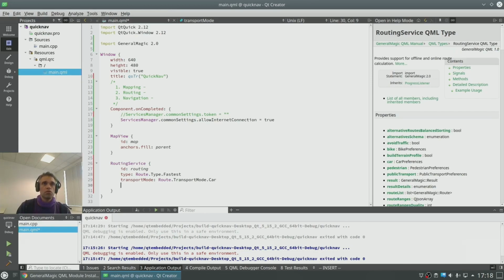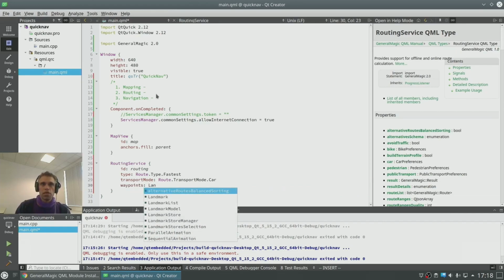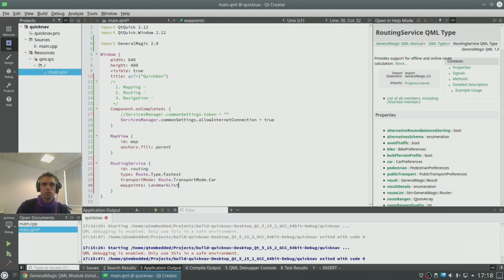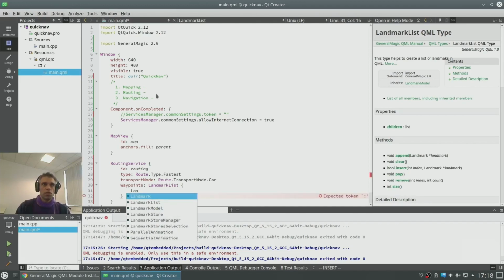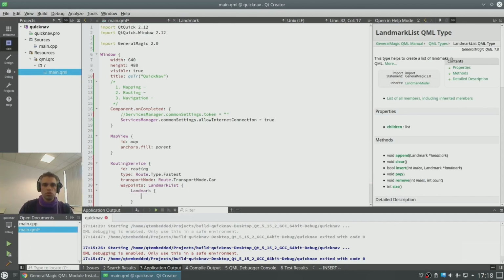Great. Now the most important part of a route is, of course, the waypoints. We have here a landmark list, which is a list of landmarks, and each landmark contains coordinates. So the first landmark is going to be our departure point. We need to have at least two, the departure and the destination. We call this departure.